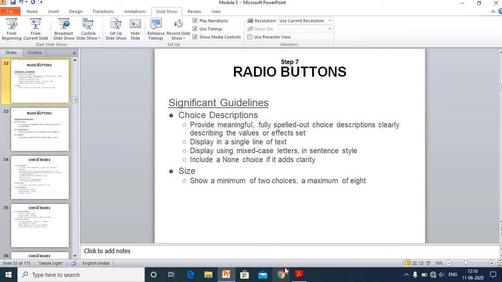Then we should give proper clarity for the user. Then, as I said earlier, we have some default size. We can have a minimum of 2 choices, either A or B, or a maximum of 8 choices in a radio button. So that is about size and the guidelines we need to follow while designing radio buttons.